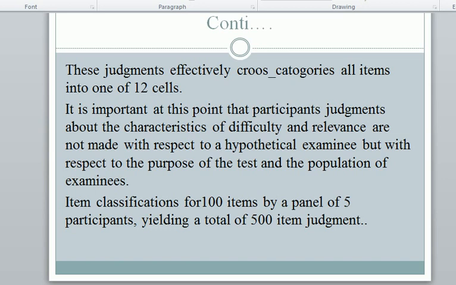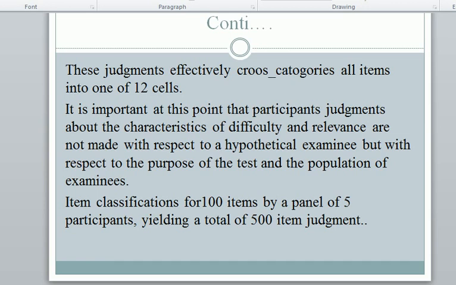Hypothetical means not a real examinee, but with respect to the purpose of the test and the population of examinees. So in this method, the experts do not use hypothetical examinees data. Instead, they use the purpose of the test and the population of examinees. The real people are